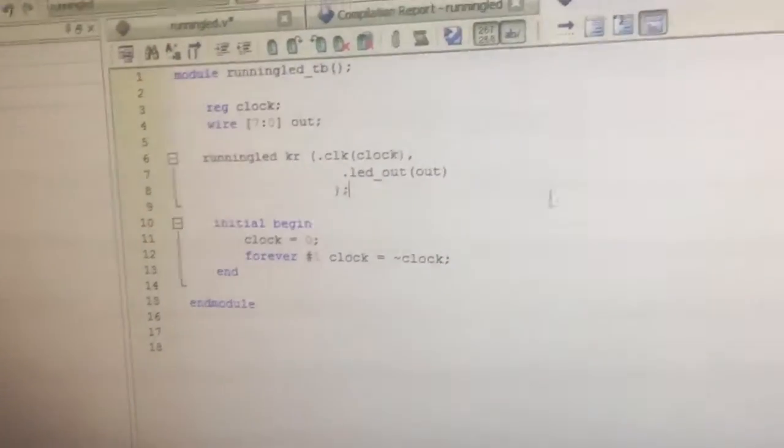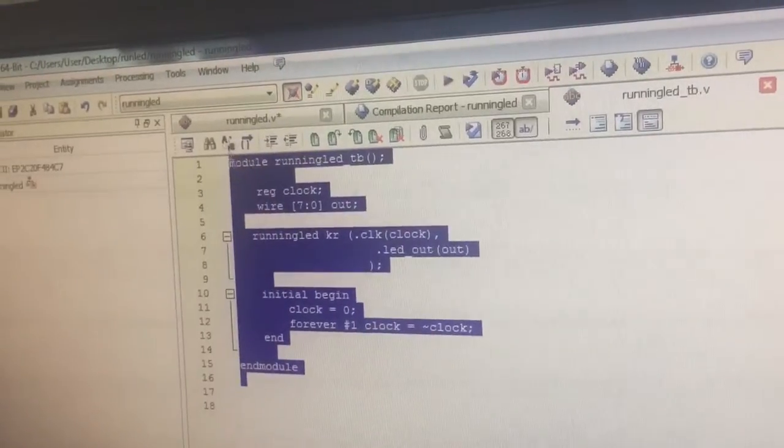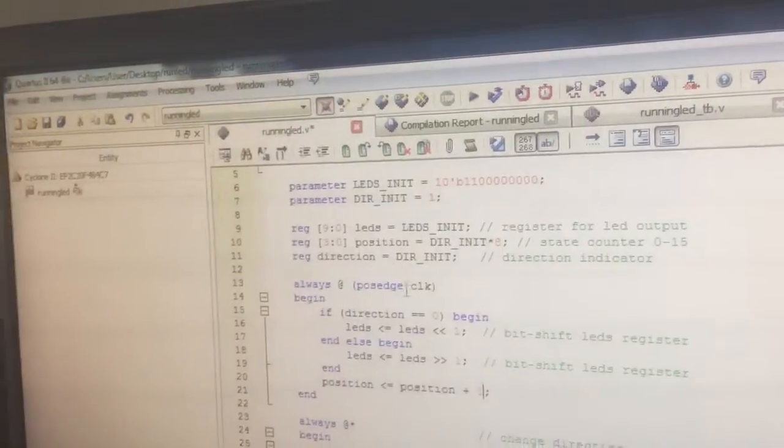So let's go. Okay, I will explain about the simulation. Thanks to Morsi for the hardware. So I will show you how to do the simulation. First, we need the test bench coding. So this is the test bench coding that you can convert from the